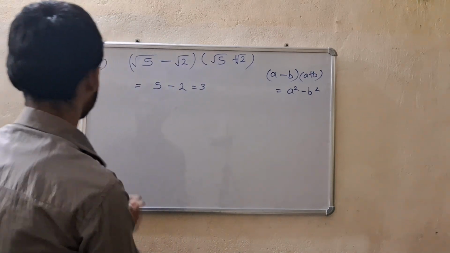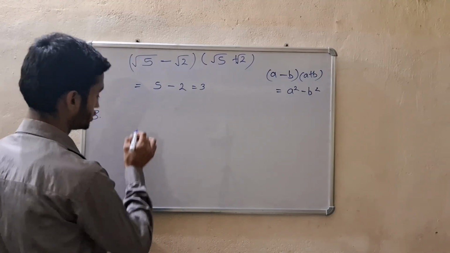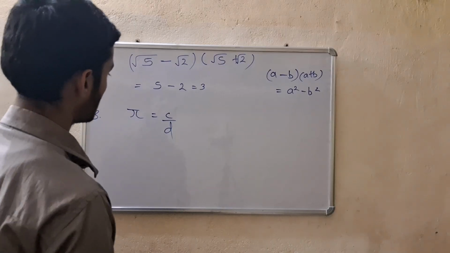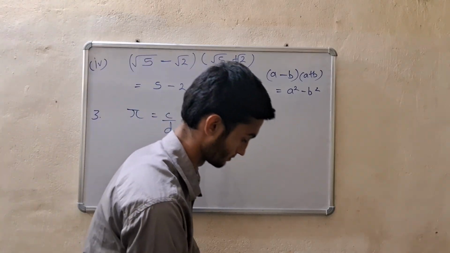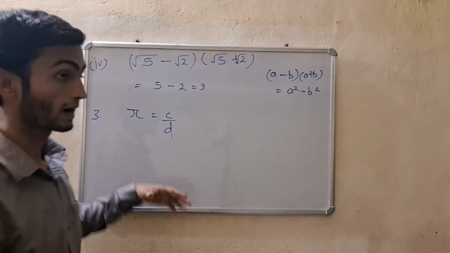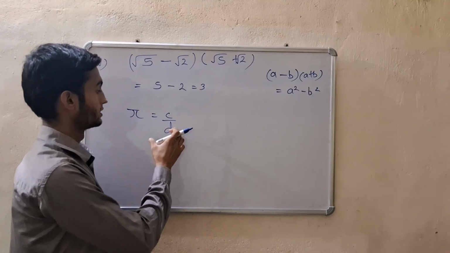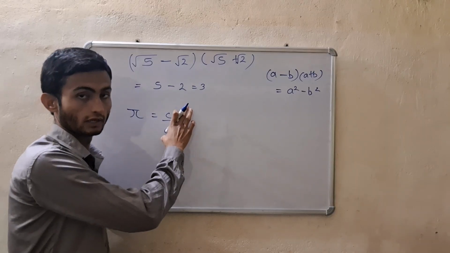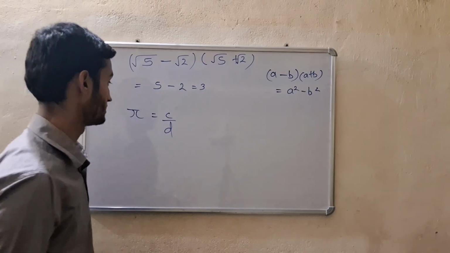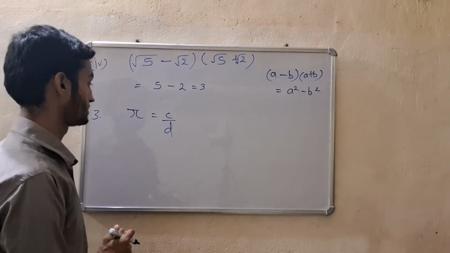Now the third question. It says that pi is defined as the ratio of the circumference of a circle to its diameter. Now they say that it might seem to you that pi, which is an irrational number, contradicts this fact, right? Contradicts this result. Now here it seems to us that c upon d is going to be a rational number, right? But in